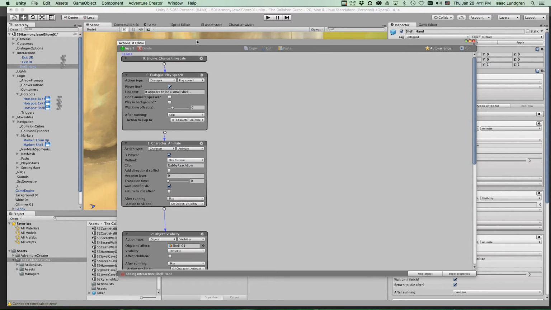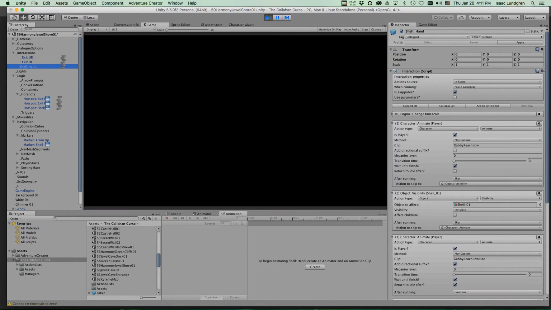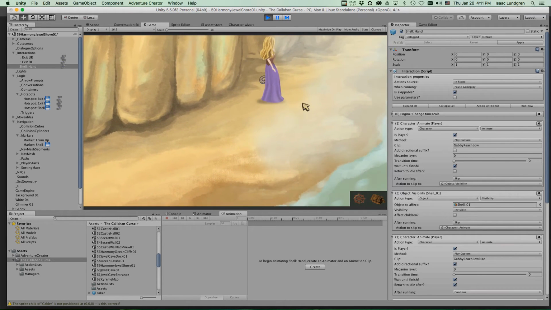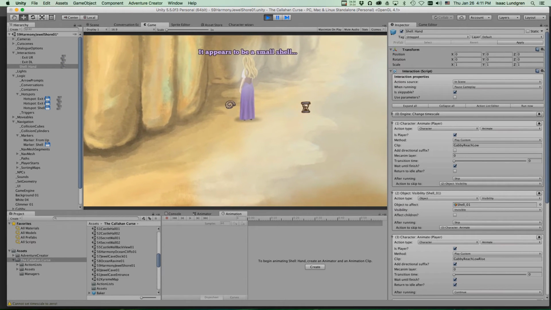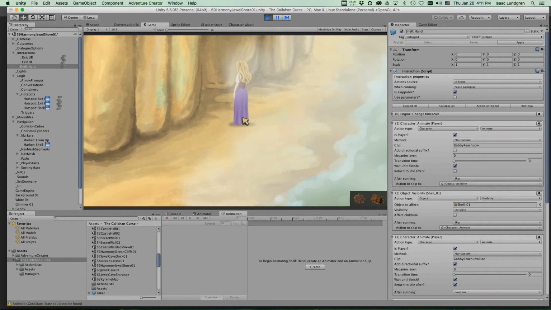All right, so let's pretend it worked. We're just going to come over here and pretend that she waits before she picks up the shell. It appears to be a small shell. So I want her to wait before that disappears. Let's pretend that did work, because that's a glitch. So we're just going to move on with our lives, and we'll get to that later. Okay, so